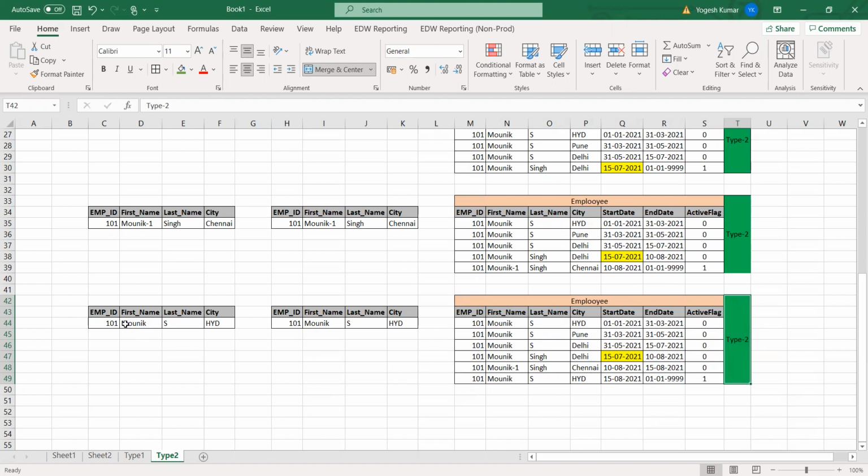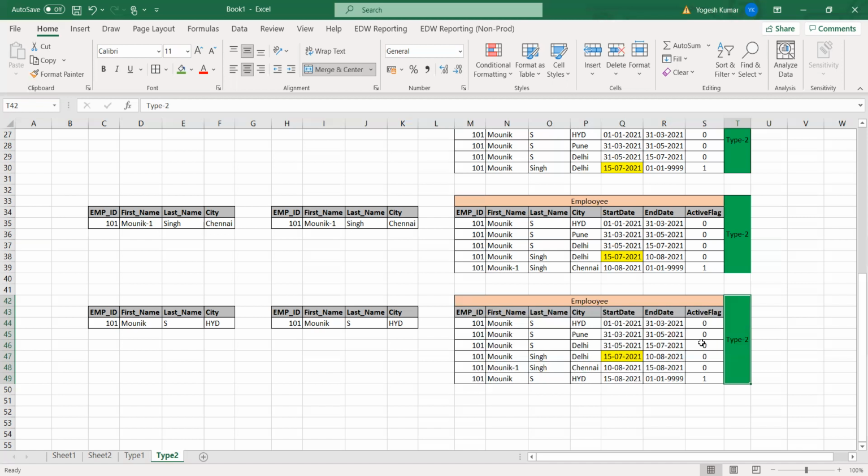Type 2 is something all projects will have, a type 2 table. So how will you be aware whether it is type 1, type 2, or type 4? You will not identify it from the table in a database.